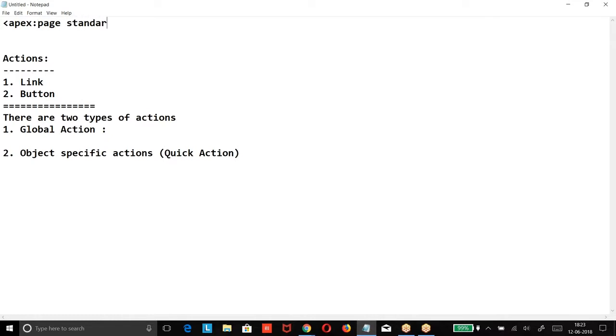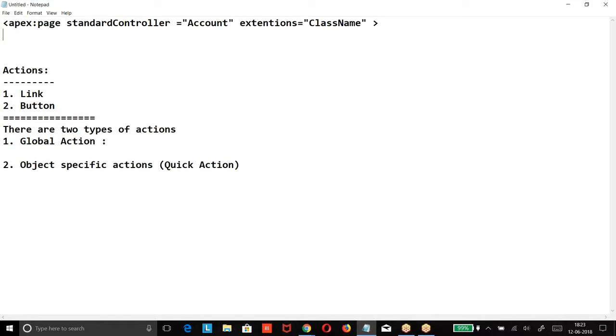An Apex page with a standard controller. Now, this action can be added where? Only on account. You cannot add this page action anywhere you like because it is specific to the account object. Using this page, you can only create an action on the account.